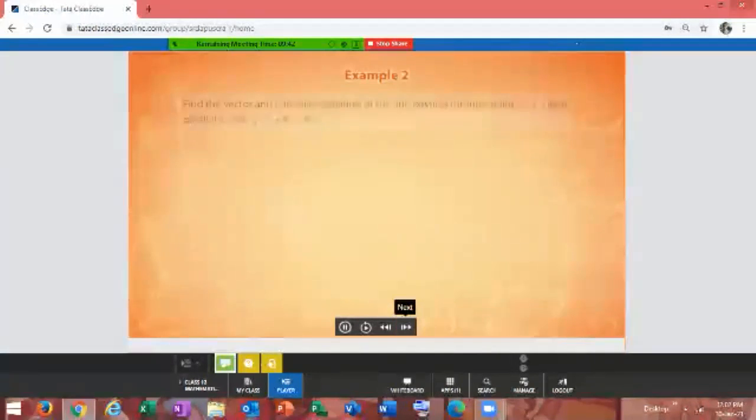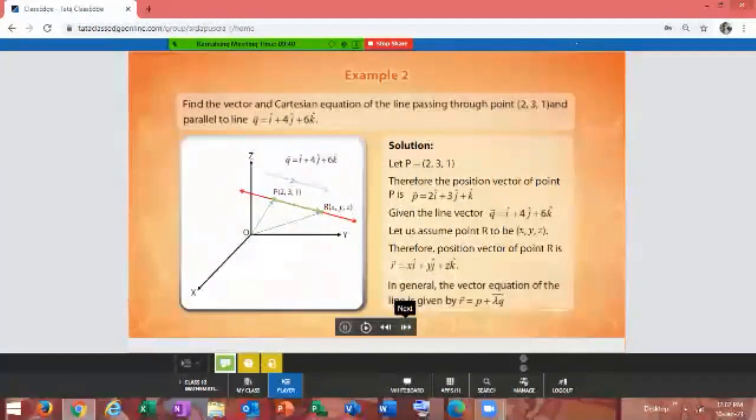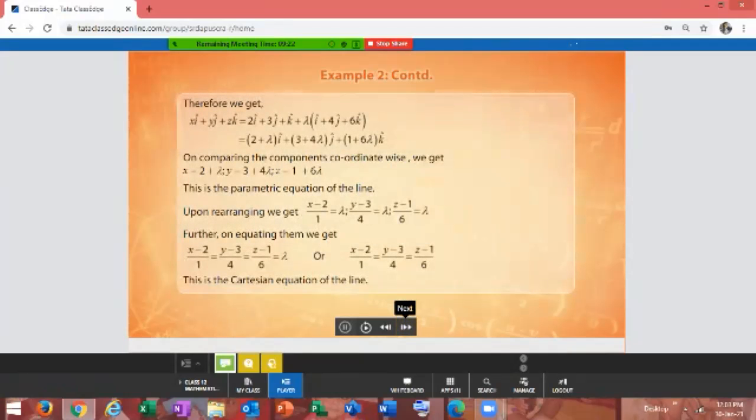So you have to do only one thing: first note what information is given in the question, and accordingly substitute the values in the given equation to get the answers. Now here, find the vector and Cartesian equation of the line passing through this point and parallel to this vector q. You only have to substitute the values to get the answer. Next is here,